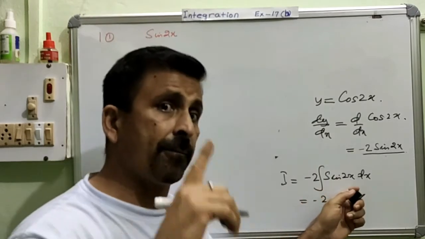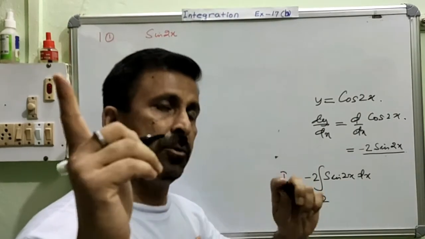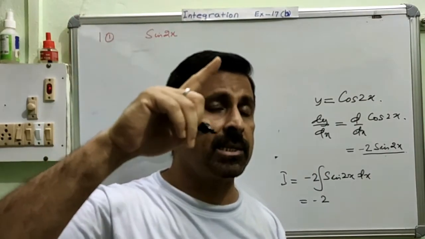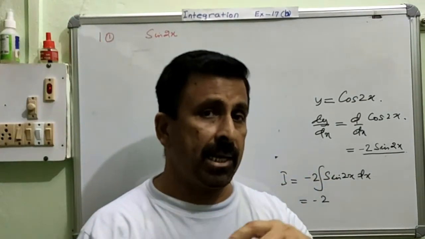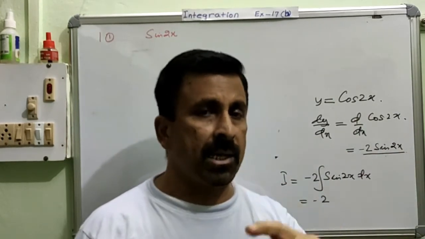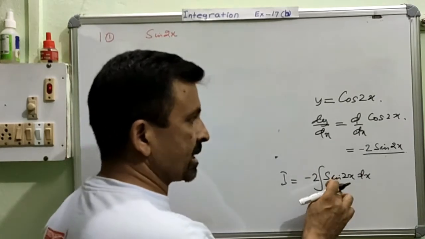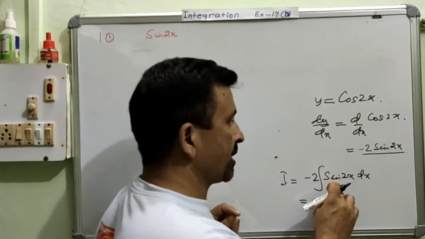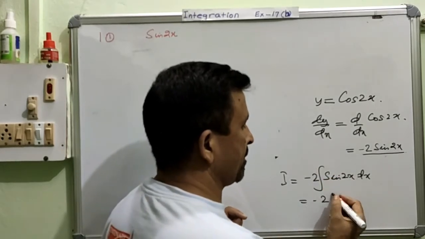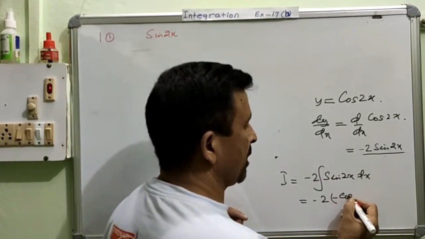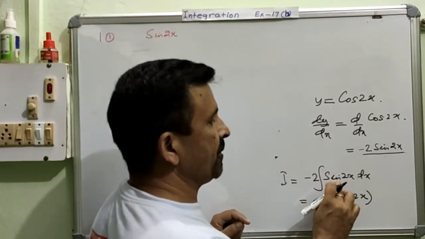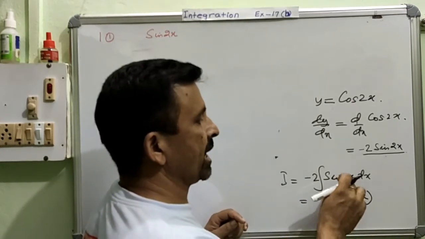This sine is the derivative of cos, right? And you know that when you calculated the derivative of cos, when the cos was positive, its derivative you got was negative. That means in the case of cos, when one is positive, the other comes as negative. Now here, this is positive. That means its integration will come as negative. So it will come as minus cos 2x. This is the integration of the trigonometric part: minus cos, the angle remains the same.